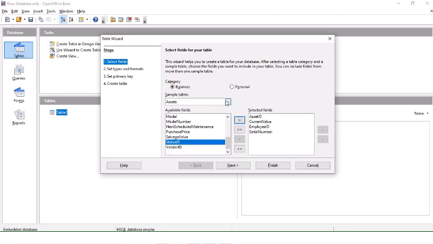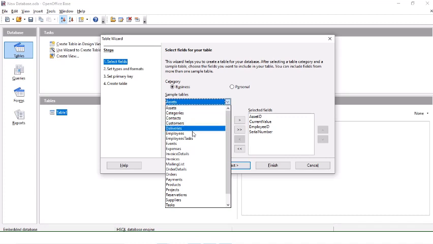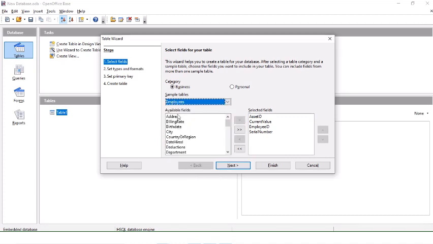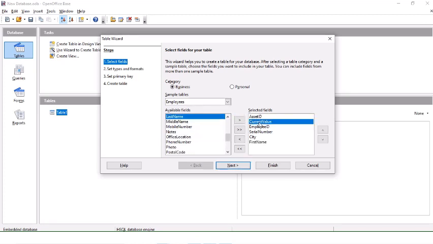Now let's say employee. So here we are saying city, any other, first name, so that also we are going to take. Now some of the things I don't want, for example current value I don't want, so what we are going to do, you just simply press this icon which indicates to reverse that value. So simply click on that and look at that, it will be removed from here. I hope everyone has learned this, right?